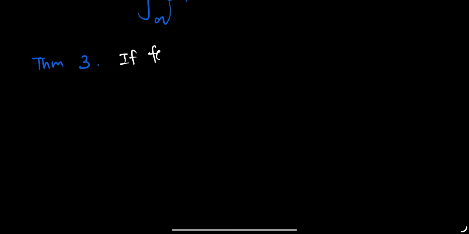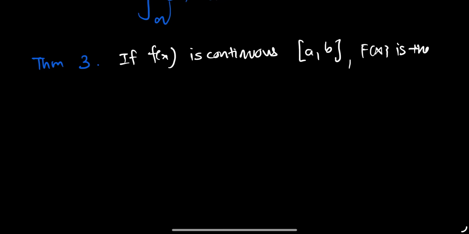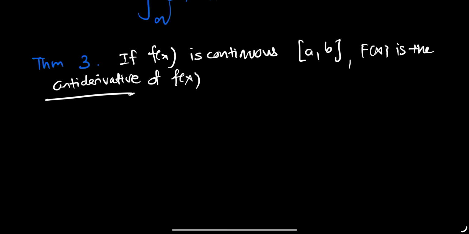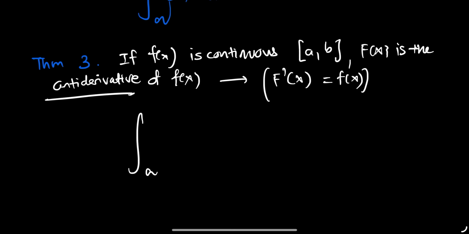If f(x) is continuous, that means it's defined on the bound a to b, and if we know that F(x) is the antiderivative of f(x). This has been discussed in the previous video. So this basically means that if we differentiate F(x), we get f(x), right? That's what it means. Then we know that if we were to integrate from bounds a to b, f(x) dx,